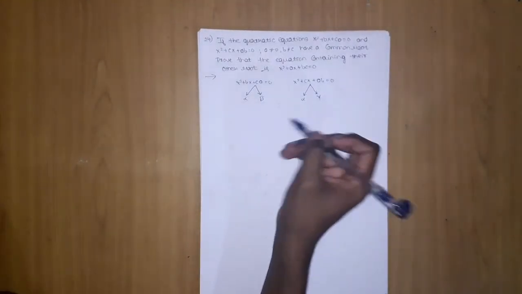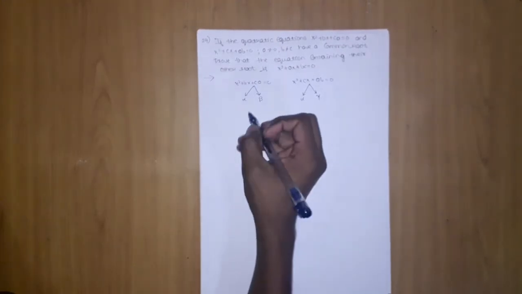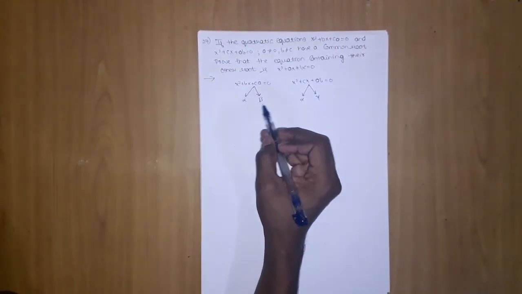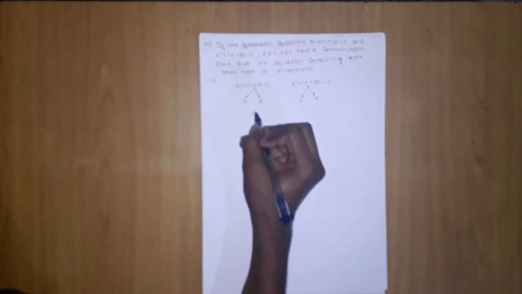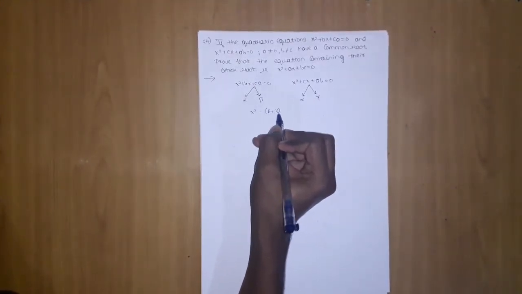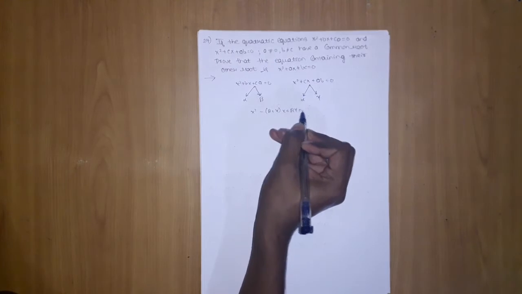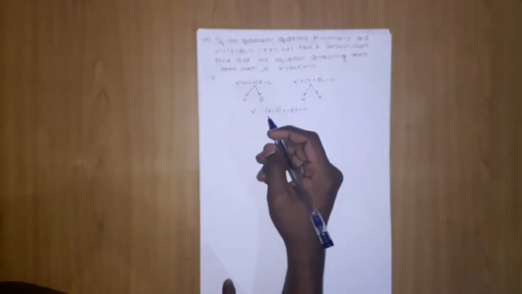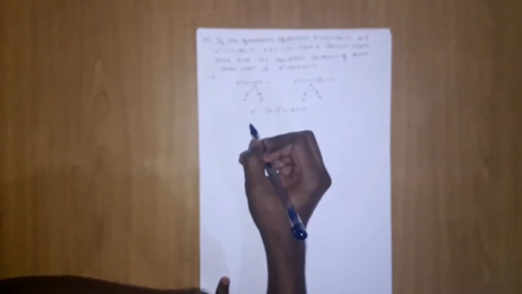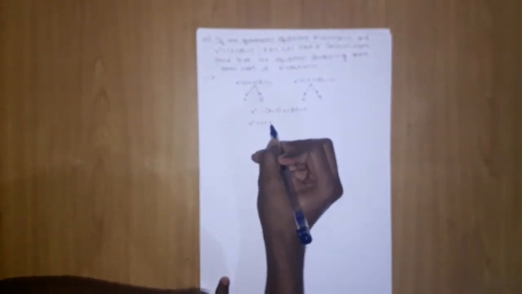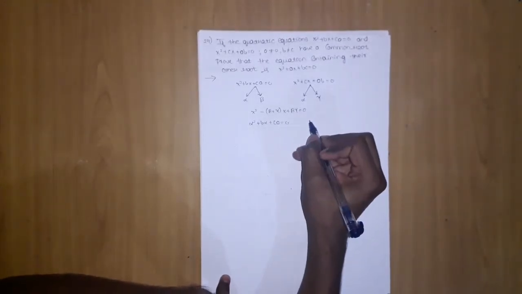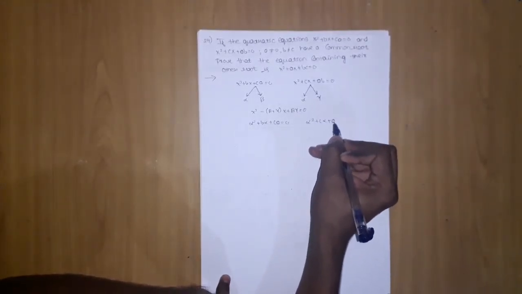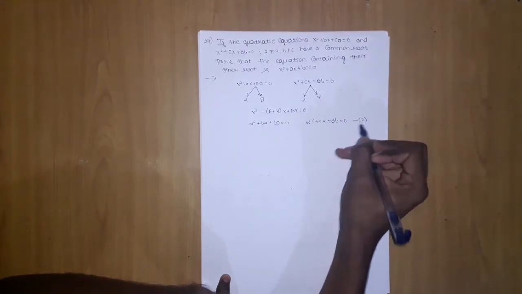Now we are asked to find the quadratic equation formed by the other roots, meaning beta and gamma. So the quadratic equation can be formed from beta plus gamma, x plus beta into gamma, right? Now we have to find the sum of these two and the product of these two. First let's find the common root. If alpha is the common root, I can substitute alpha here. Then I get alpha square plus b alpha plus ca equal to 0, this is the first, and alpha square plus c alpha plus ab equal to 0, this is the second.